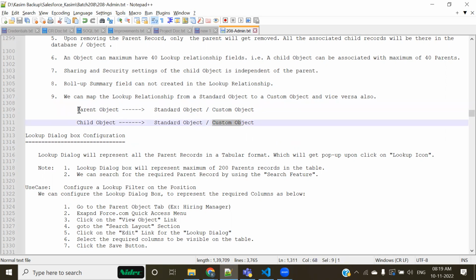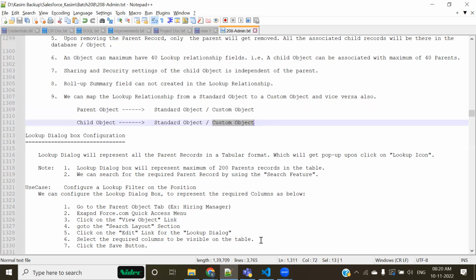That means in case of a lookup relationship, listen carefully, standard object could be parent, standard object could be child. If the standard object is parent, standard object could also be the child. If the standard object is parent, custom object could also be the child. In lookup relationship, if custom object is parent, standard object could also be the child, custom object could also be the child.